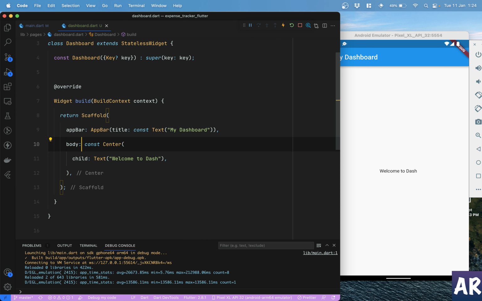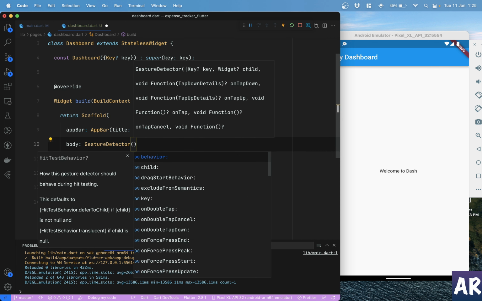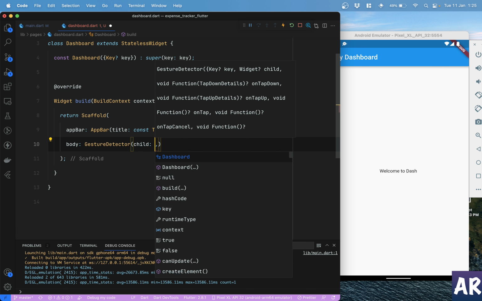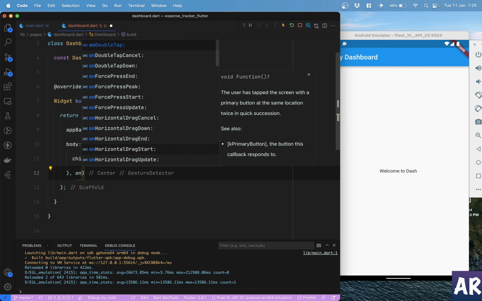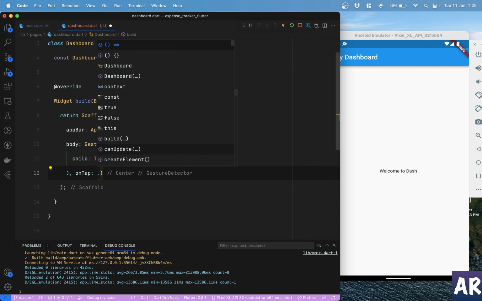So Flutter gives us something called a gesture detector. And inside the gesture detector, it will expect a child. So I'm going to send everything,